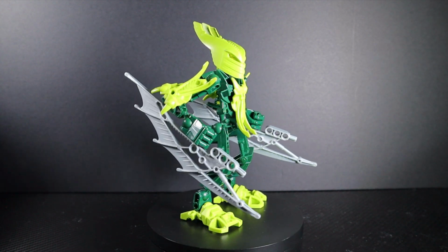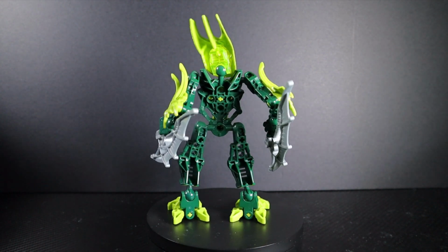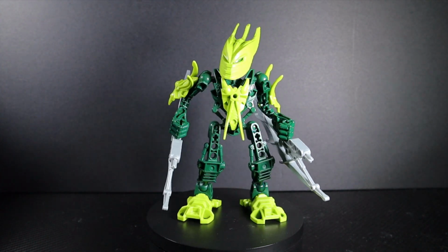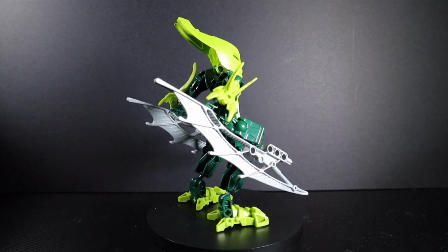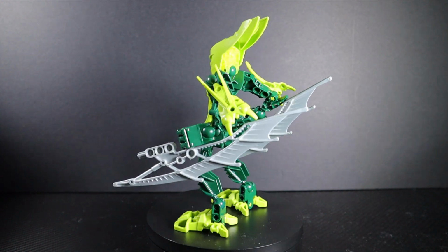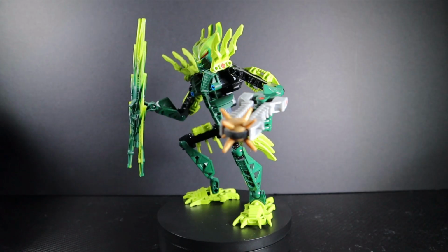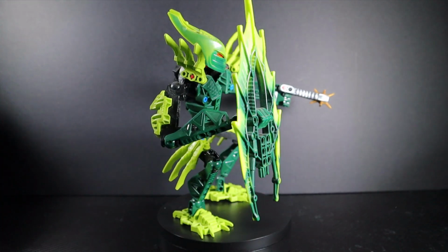But here he is. Me personally, I like this form of Gresh. I think the dark green and lime looks really nice. And he's pretty simple. This was basically how I got Gresh as a kid because I never got the bigger form. I only had this form and I really liked it. But now as I got older, I now do have Gresh. And even now that I have Gresh, I can kind of see there are some flaws in that bigger form of Gresh. Like some things that I wanted to change, and I did change when I made my MOC of